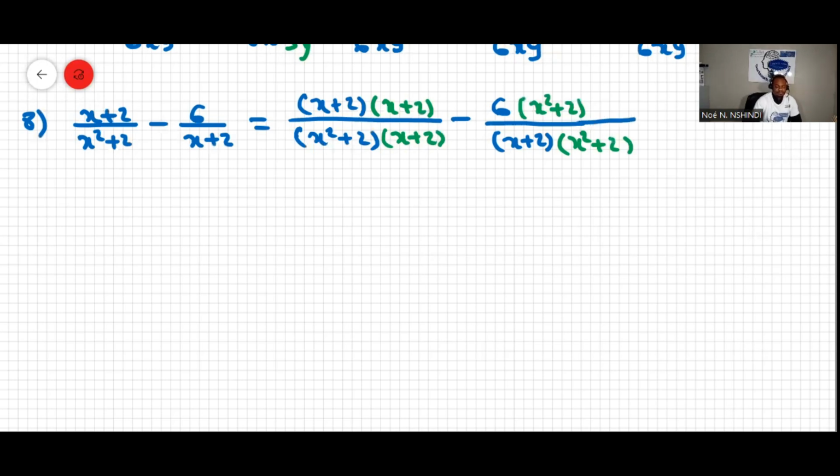Okay. Now we can times the fractions. We can do x times x, x times 2, 2 times x, and 2 times 2. Or we can apply the formula a squared plus 2ab plus b squared. But let's just times, so it'll be like x squared plus 2x plus 2x plus 4 minus